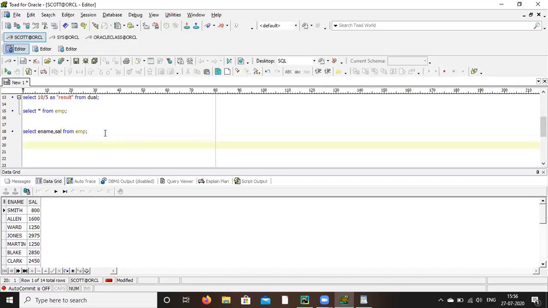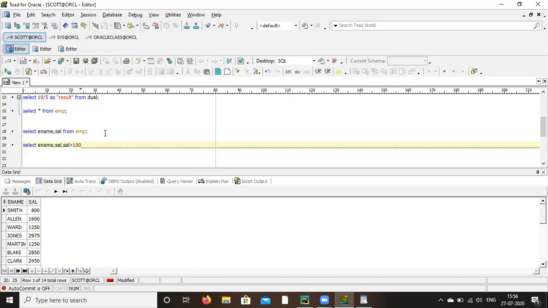Select ename comma salary, comma salary plus 100 as bonus.